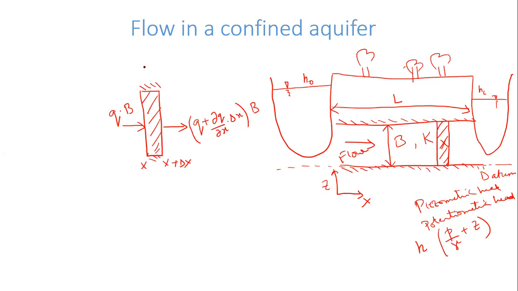Nothing is coming in from above or below, so these are the only two fluxes entering or leaving this control volume. So what is coming in is positive, what is going out is negative: Q times B minus Q plus dou Q by dou X times delta X times B